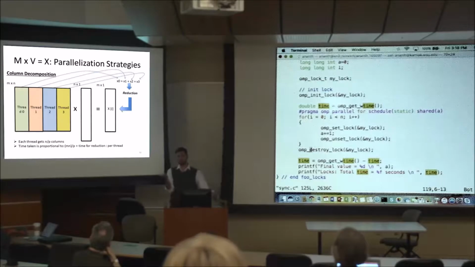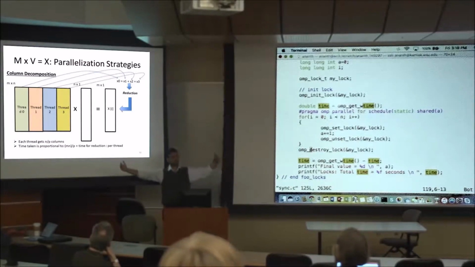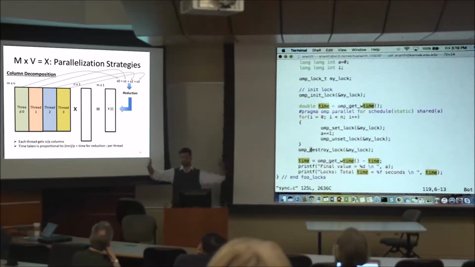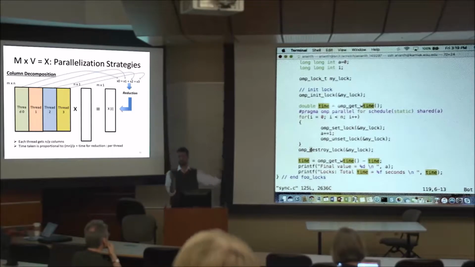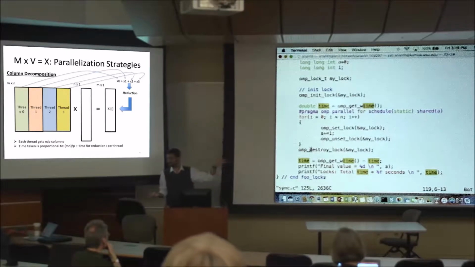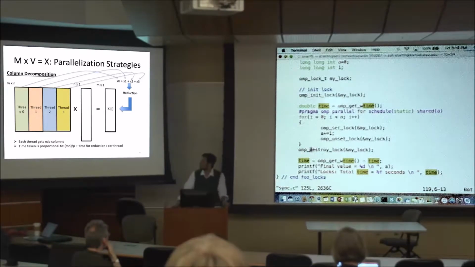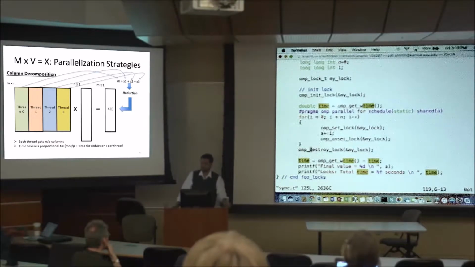This you would actually do if the number of columns is very high and the number of rows is very small, right? Let's say there are only 10 rows, but there could be a million columns in my input matrix. I want to be parallelizing along the column, not the row, because I might want to use more than 10 threads, right? So in that case, column decomposition makes sense, but we have to be a little careful here,